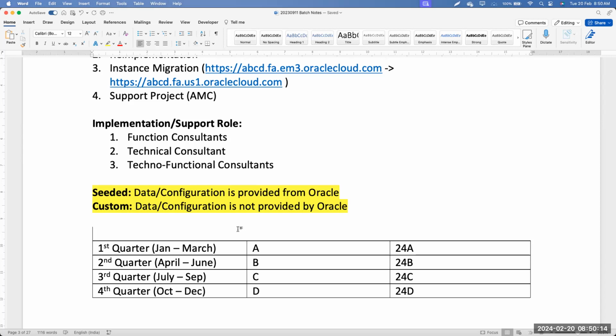And Harish, does this quarter format remain the same? There are some companies which follow April to March, or some scenarios will have August, right? Yes, this is calendar quarters, Gregorian calendar quarters, and this remains the same across all the thousands of customers across the globe. So that is not based on the company's format. This is a calendar year one. Okay. Yes.